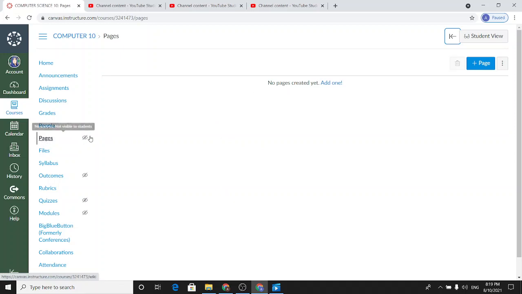If your page, as I told you earlier, is closed, it means the specific page has no content, or this specific page is blocked for a few users. But right now this page has no content, that's why it is looking like this. If you observe the page, this statement is written: no page created yet. You can add one from here or you can add one from here.